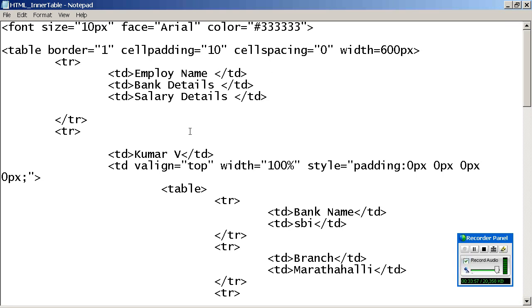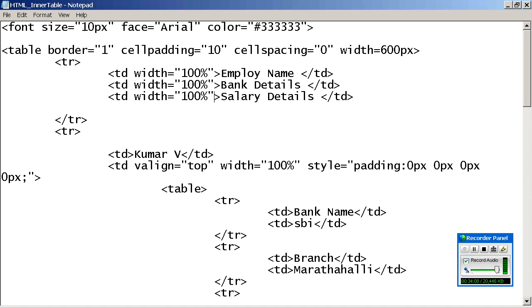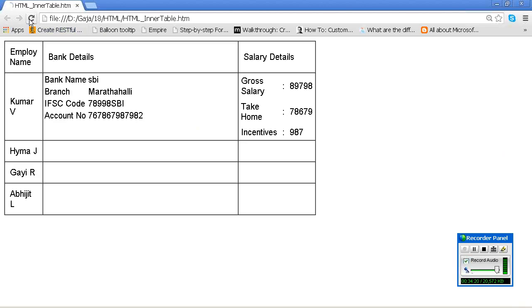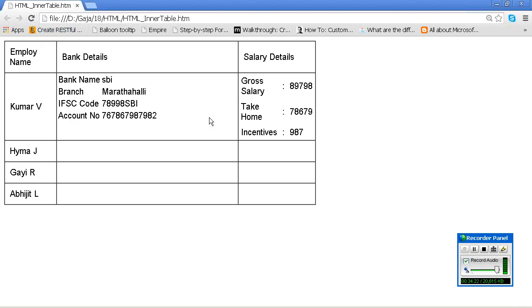So specify at least something. Not like this. 20%. Imagine 20%. 40%. Now finally it became 100, right? Okay, now 40.